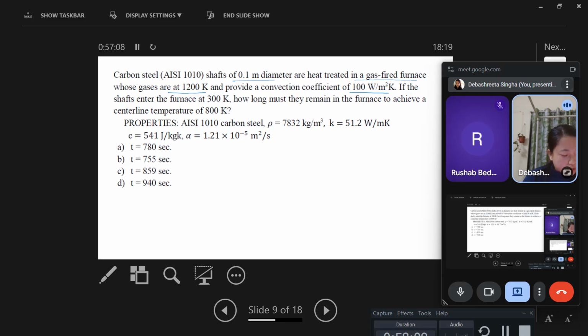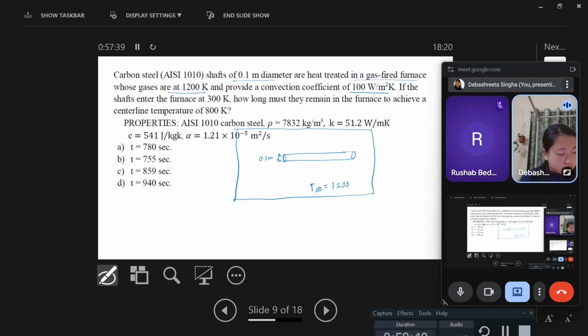So again, carbon steel diameter is given. Again, you can consider the diameter to be very small compared to the length. 0.1 meter is the diameter. Are heat treated in a gas furnace, so the whole thing is inside a gas furnace. Whose gases are at 1200 Kelvin. That means the T infinity is given here. It's 1200 Kelvin. And provide a convection coefficient of 100 watt per